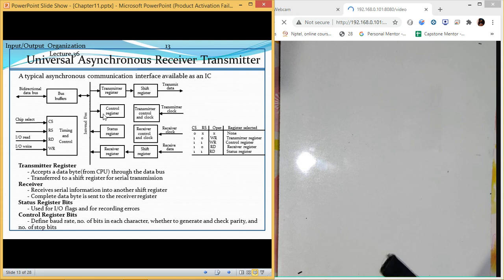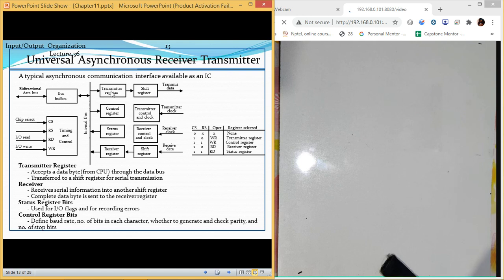Again, control register can be programmed, so you can make it work according to your requirement with the help of control register, and it will also control the different devices which we have. Status register is to get the status of devices, what type of status they are having. So CPU never sends the status to the devices, but devices do send the status to CPU.